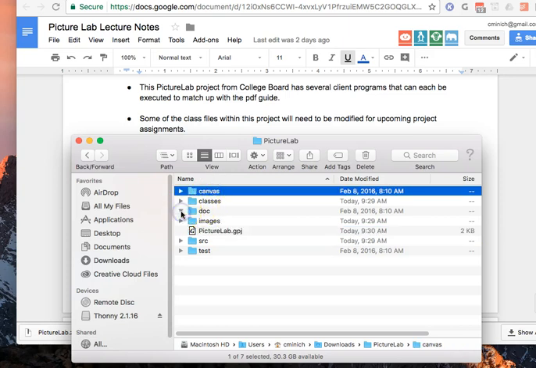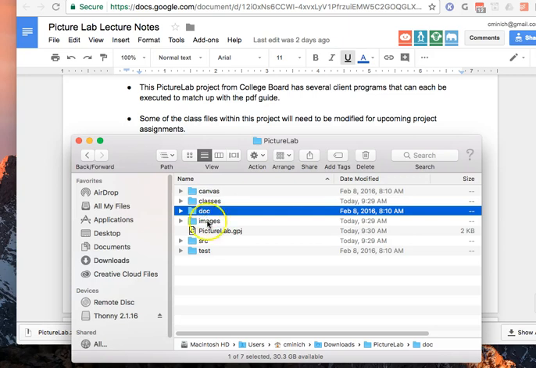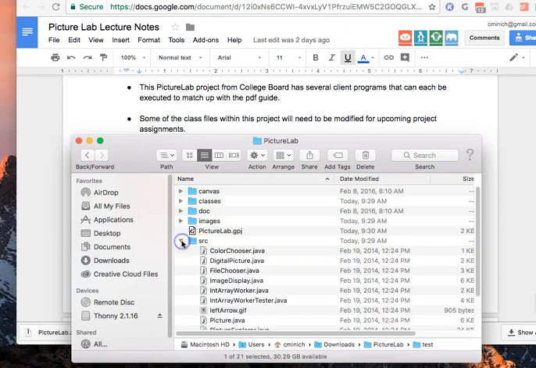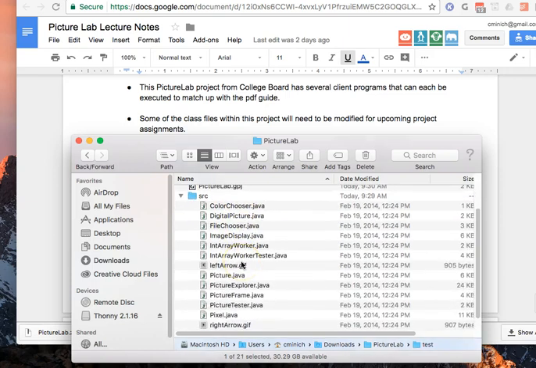Don't worry about the doc folder. It may or may not be useful down the road in this course. You don't need to understand that for the AP exam. And don't worry about the test folder. It's technically unnecessary. Do worry about the images folder, and do worry about the SRC source folder, because that's where all the code is that the College Board